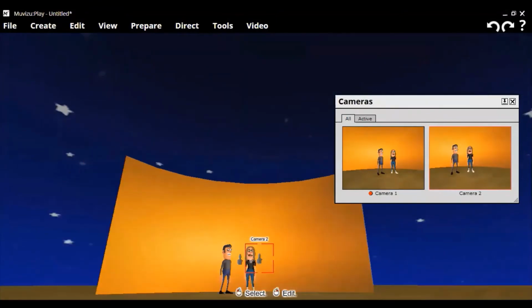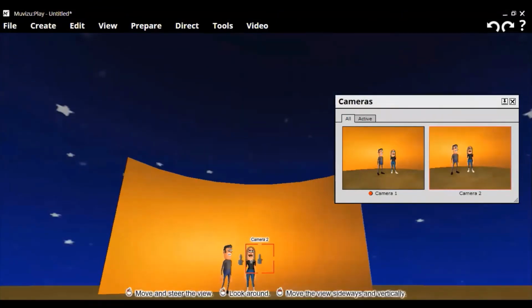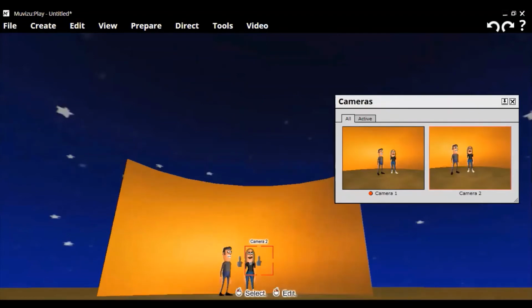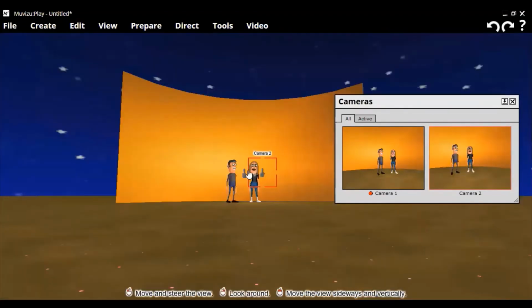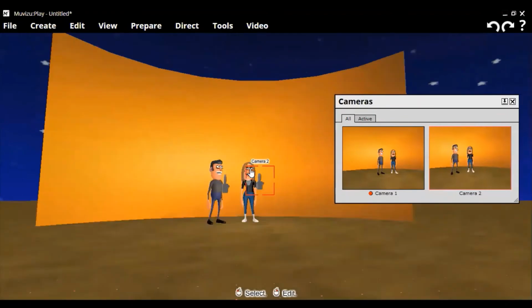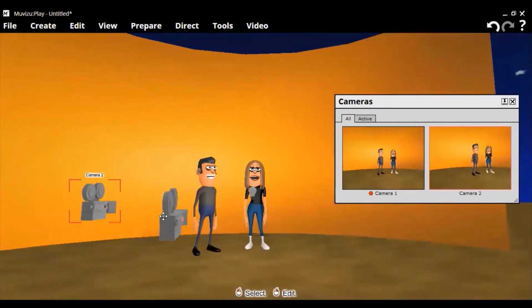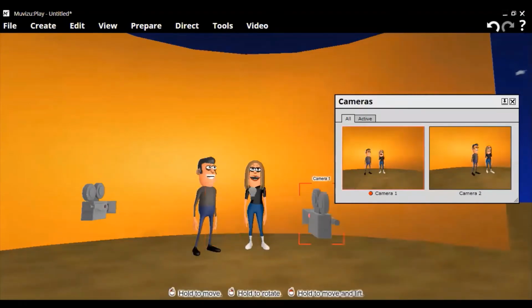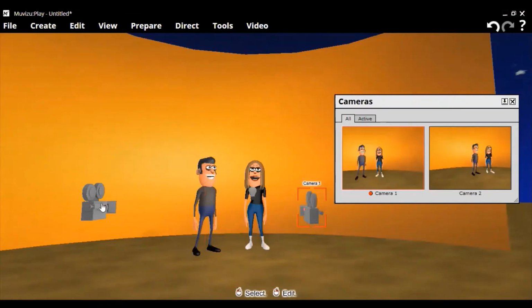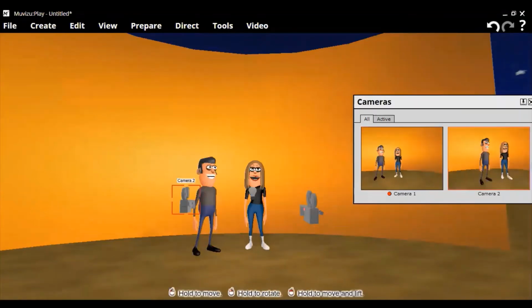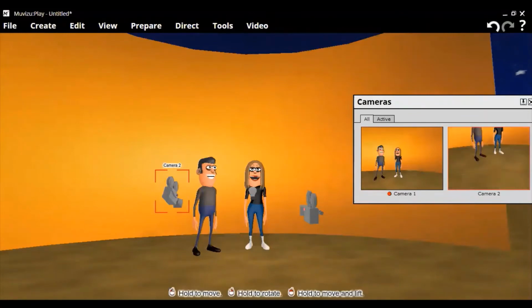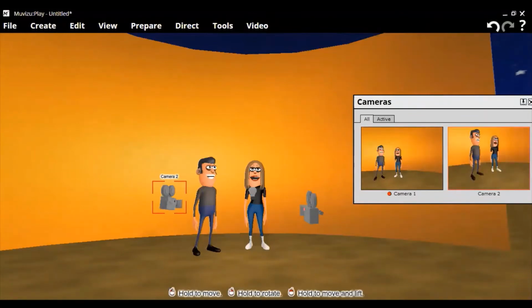Right, so yeah, sometimes don't panic, so it's okay. So what happens is now what we'll do is we'll move this camera 1 this side and camera 2 that side and camera 1 this side. Okay, so before we set an animation, we'll put up camera 2 to focus on